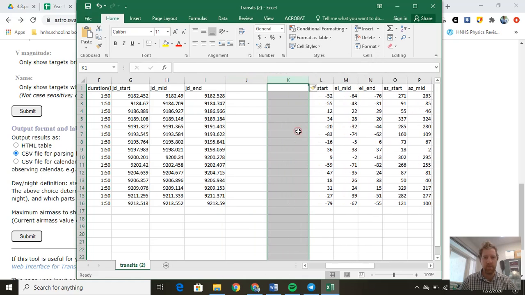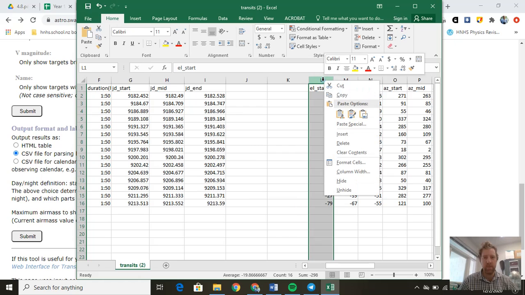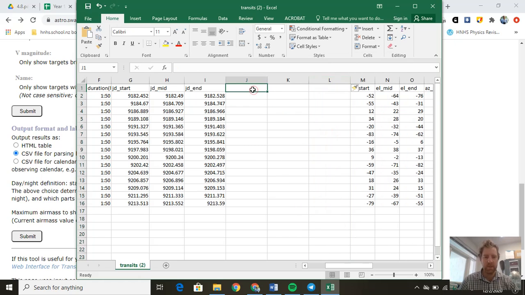Insert another new column. Insert another new column. We'll call this JD modified start of the transit. JD modified mid of the transit. JD modified end. And this one here, we want it to equal that number plus 50,000. Gets us our 59,000. If you go to the little square on the right here and you drag that across,